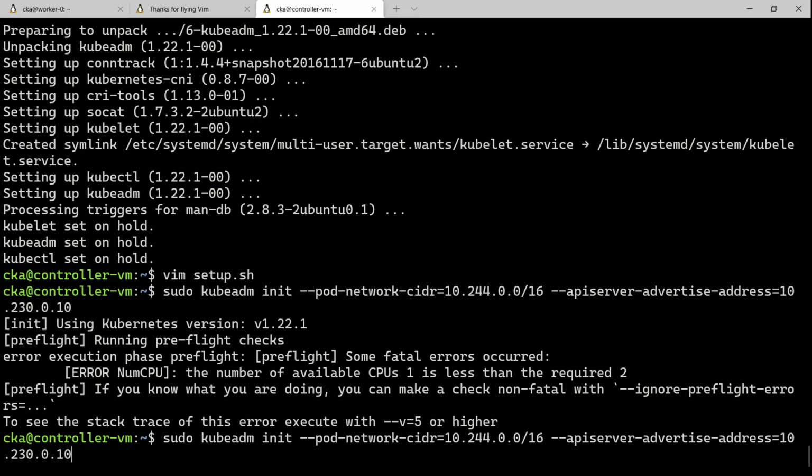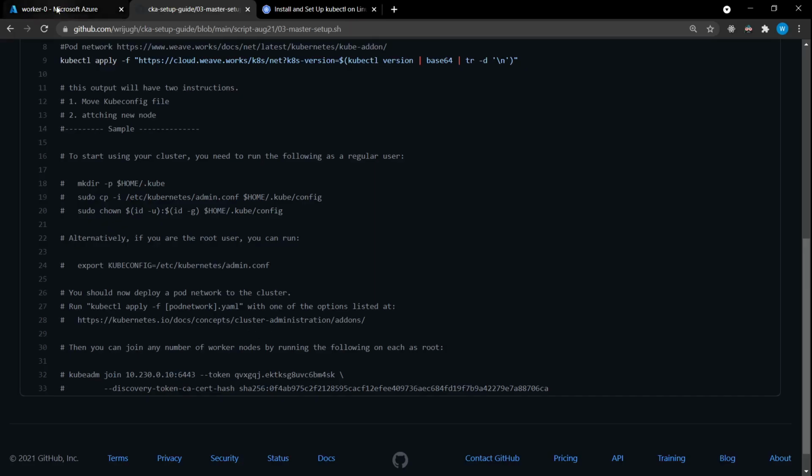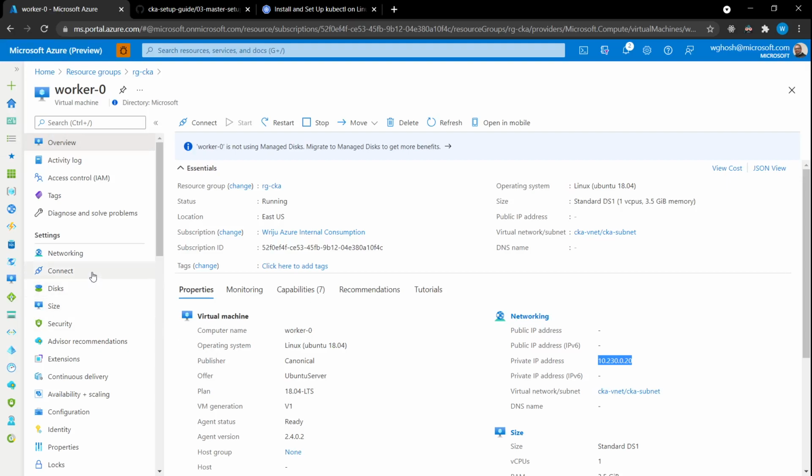So you need more CPU. So what I can do, probably I can go into this Azure portal and increase the CPU power. So let's just do that. If we go over here into the Azure portal, now these are the small checks you need to make sure that whatever size you are setting up is the right